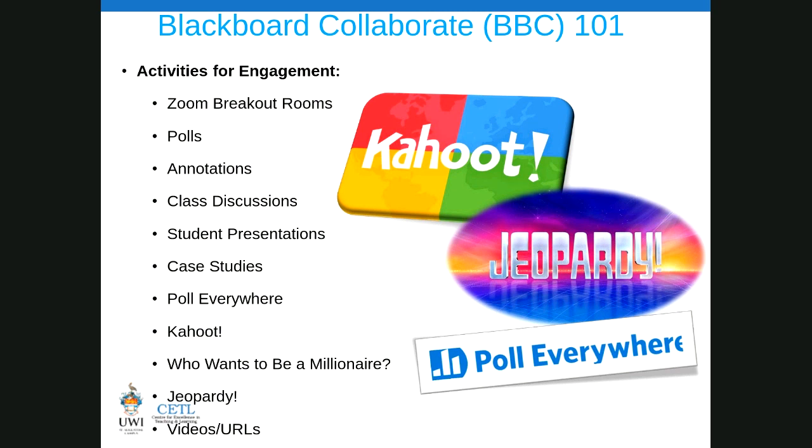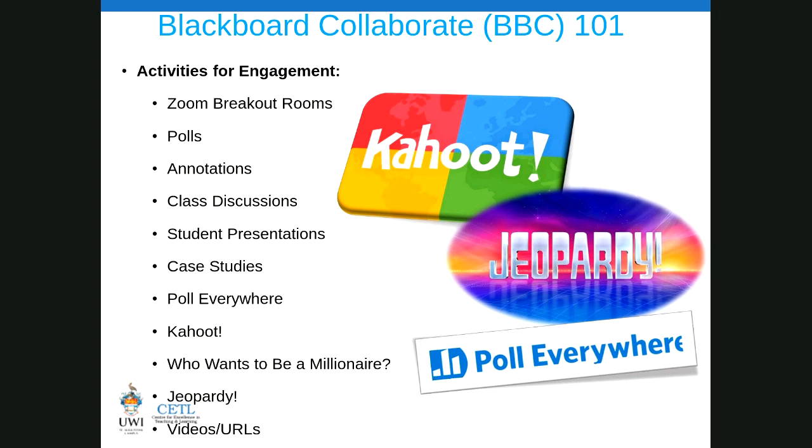So I'll go straight into breakout rooms. Breakout rooms are most effectively used if you want students to do some collaborative work. Let's say you gave them a particular activity or instructions, and then you want to break them up into groups to follow through on those instructions.